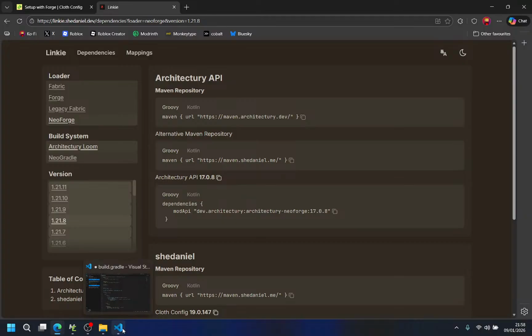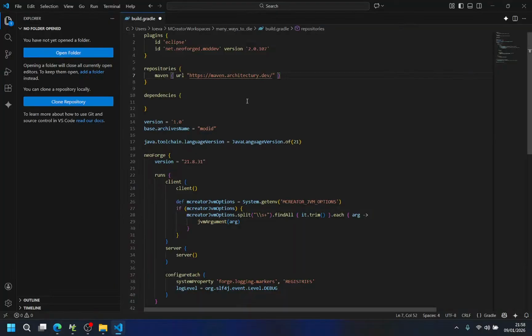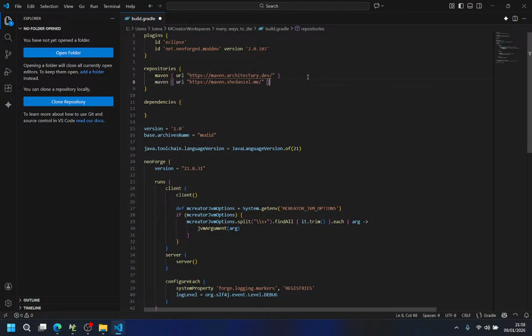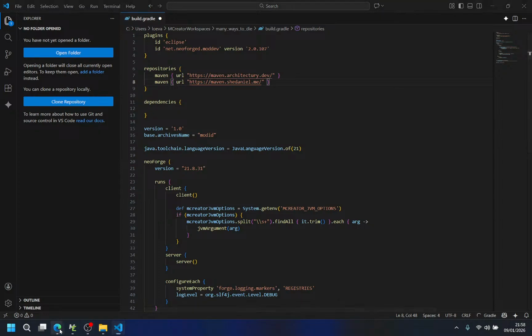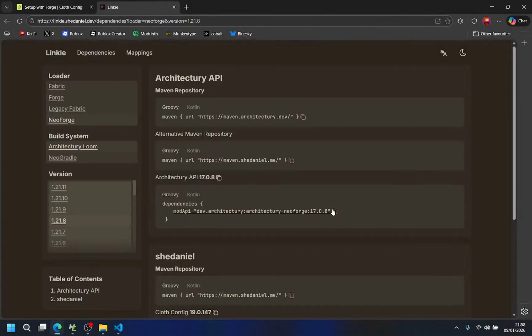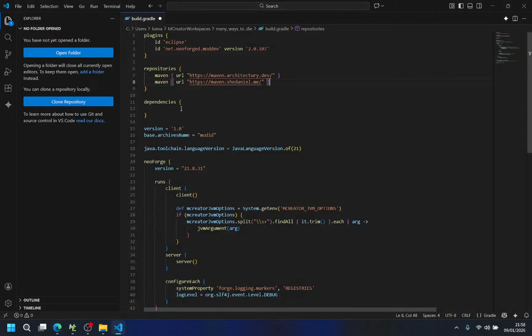Maybe. Actually, I have no clue if I should include the alternative one. I'll do, and then I'll include architectural API like that.